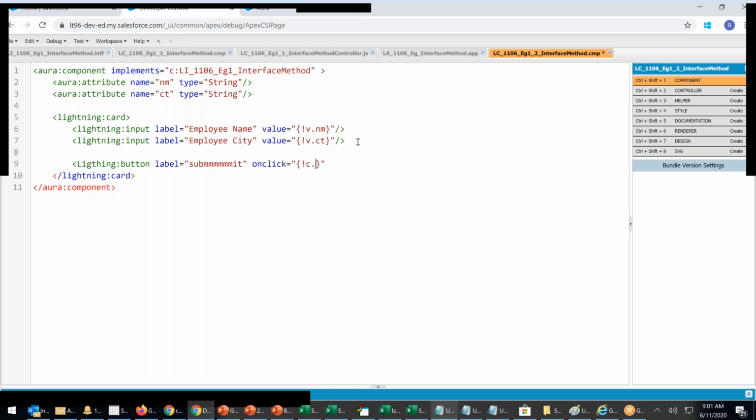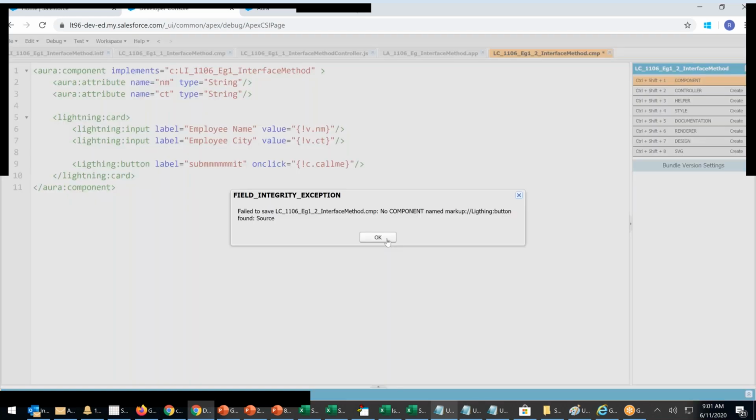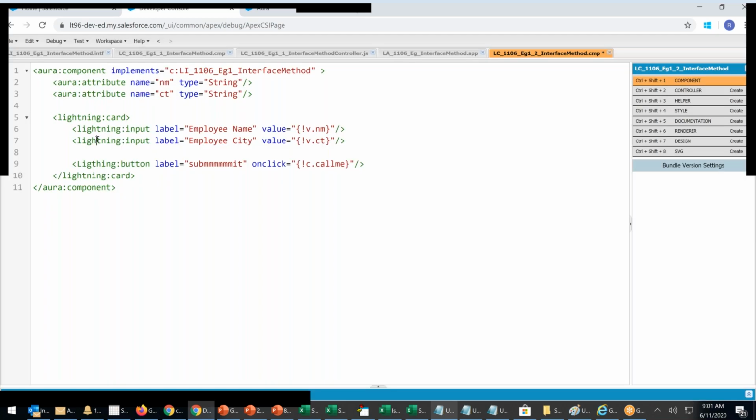Exclamation C dot call me. C dot call me. Control S. Any problem? Again, lightning spelling is wrong. Control C, lightning. Control S, saved.